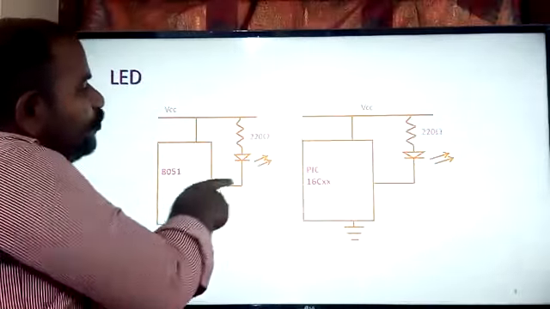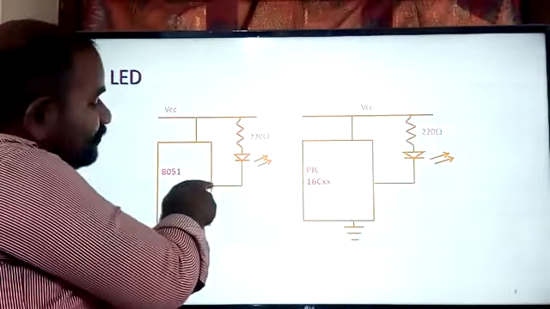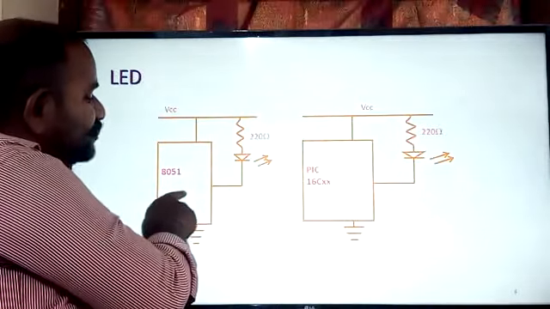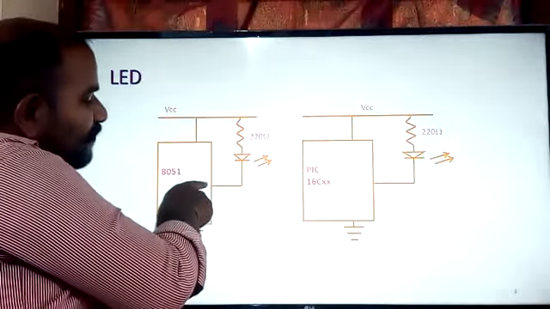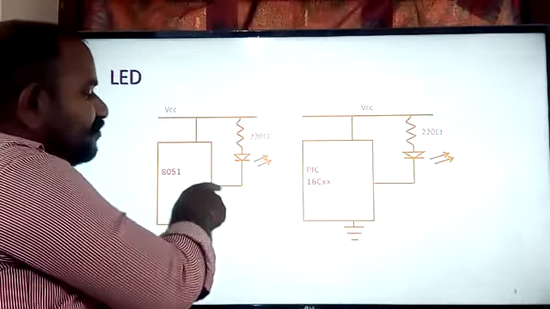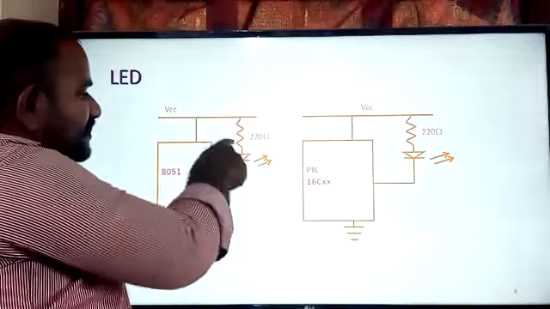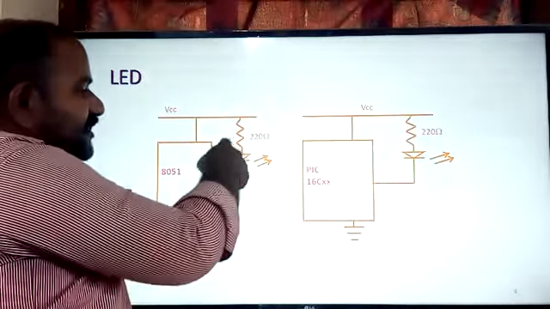Now, when you would like to glow this one, you are supposed to generate the binary 0. This pin should act as the output pin, and you should write the binary 0 on this particular pin. When you write the binary 0 on this pin, what will happen? This one is supplying the ground to the LED. So obviously, the anode is connected to the plus VCC and the cathode is connected to the ground. It is going to glow.